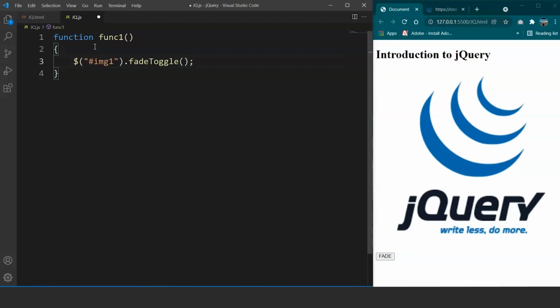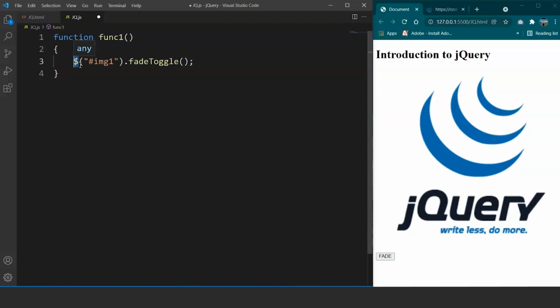You guys might wonder about what we did here. So let me explain guys. This $ sign over here is called a selector, and it is used to access an element from the HTML document. We'll discuss everything about it in the upcoming videos. So for now, just think of it as the document.getElementById method we were using in JavaScript. It has the same functioning. Then we have a function named fadeToggle. This fadeToggle function is already defined in the jQuery file, which we saved earlier in our system.